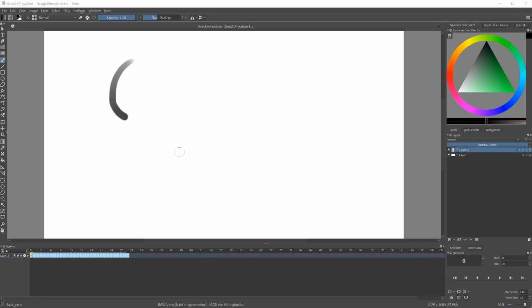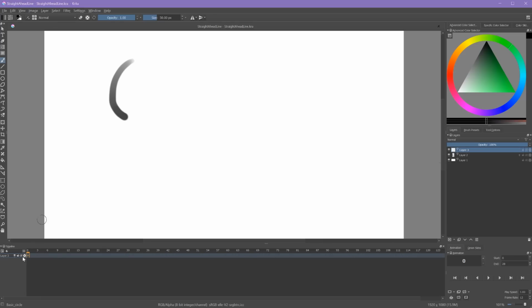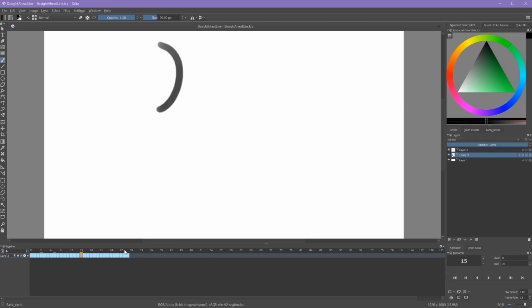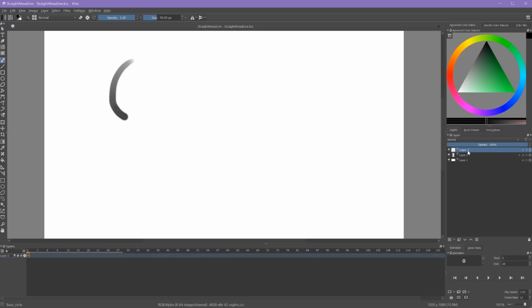So let's create a new layer to add on to this animation. So if I go down to my Layers panel and I click New Layer, you'll notice that all my frames have disappeared. And here it's saying layer 3 instead of my layer 2, which had animation on it. So if I select layer 2, I'll see my frames are still there, and my animation hasn't gone anywhere. But when I select my layer 3, my other layer doesn't show.